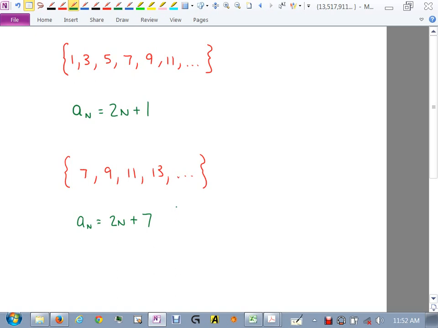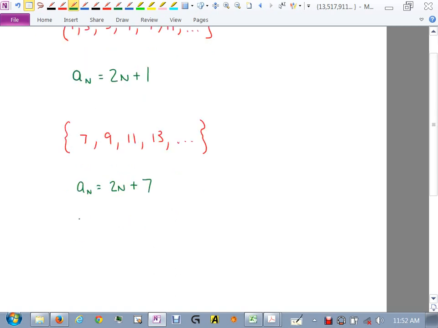Yes. You're not messing with these, no. You're saying, I need to be able to plug in 0 and get 7. And to do that, here's what I need, this formula. That's going to give me 7. Now, I need to know that when I plug in 1, I get what? 9? Does it work? Yes. Do you see that?